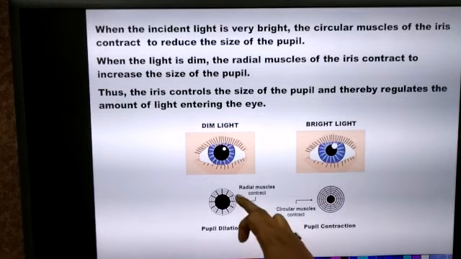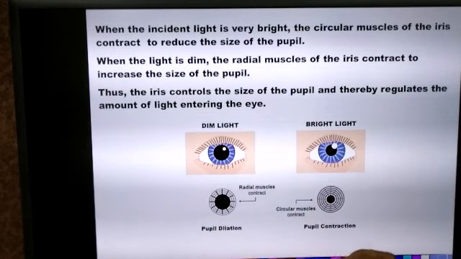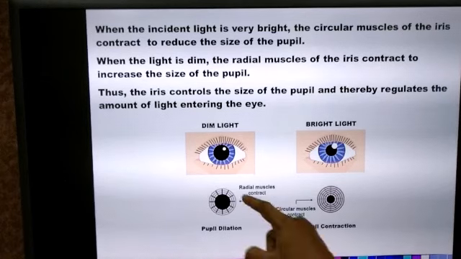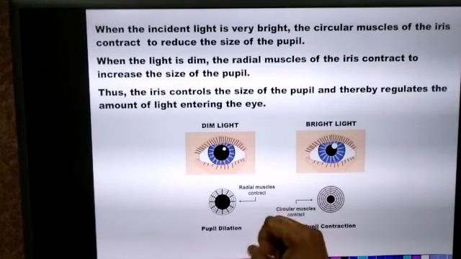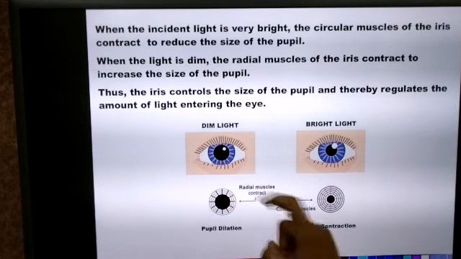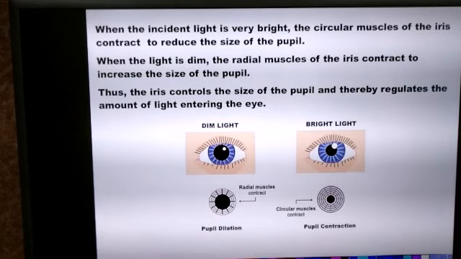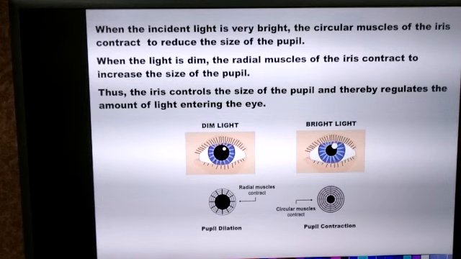So these radial muscles, देखो यहाँ पे narrow हो गए ये radial muscles. The radial muscles contract, whereas the circular muscles relax. And when this happens, the size of the pupil increases, and so in dim light, more light can enter into the eye in order to view the object clearly.